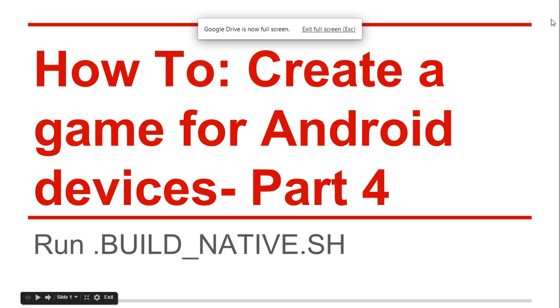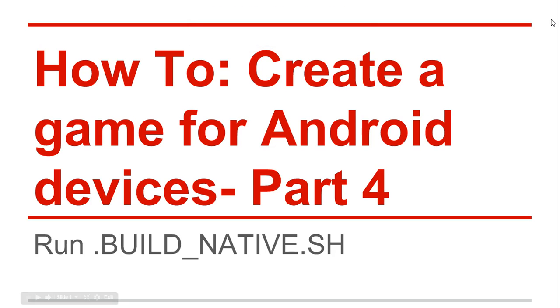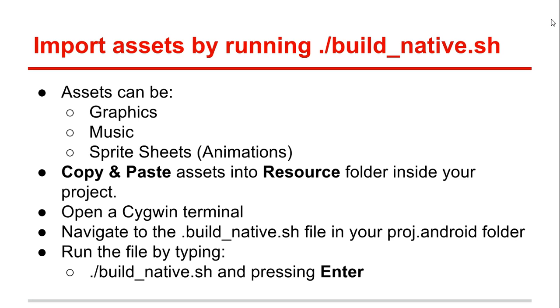So, how to create a game for Android devices, part 4. We're going to run the ./build_native.sh file. So, we're going to import assets by running the ./build_native.sh file. So, the assets can be your graphics for your game, the music for your game, or sprite sheets